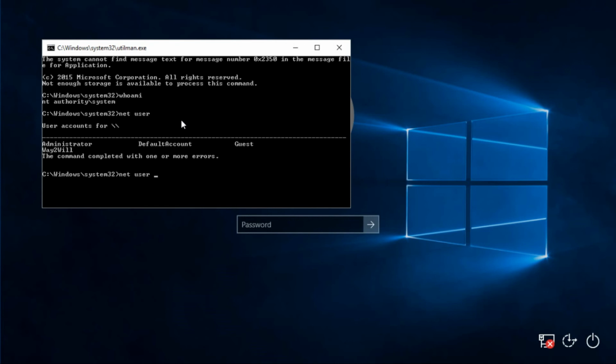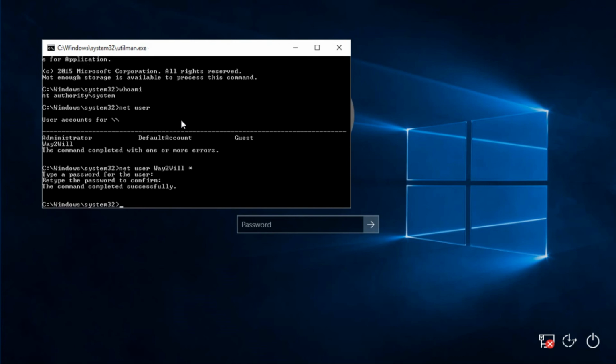We have a user with this username, and we want to change the password of this user. For that we write net user, the username, and an asterisk, and press enter. It will ask for the new password of the user, but here we don't want to enter any password, so just enter, and enter again. We don't have any password here.